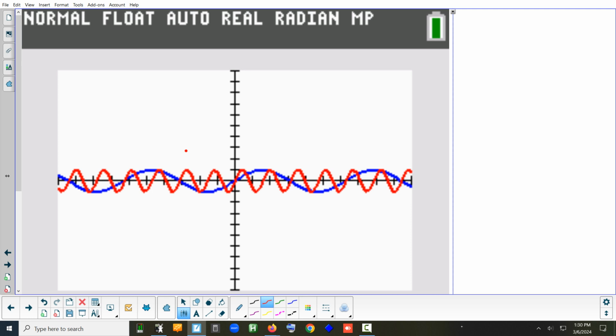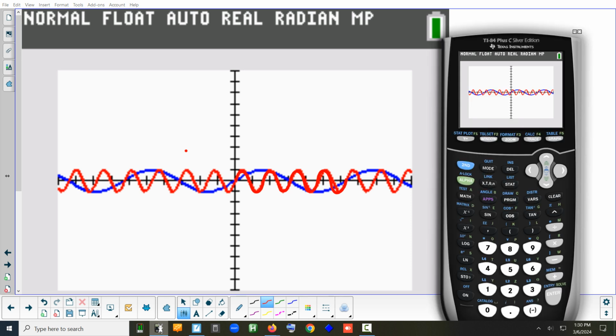Look at that graph. The red graph is going to cycle 4 times for every time the blue one cycles once. Okay, so if you look at the red one, you get 1 cycle, 2 cycles, 3 cycles, 4 cycles, and that's the end of the blue cycle. So you get 4 cycles for every one. The bigger you make this number, where the 4 is, the more and more compressed it gets. If you put in a small number,